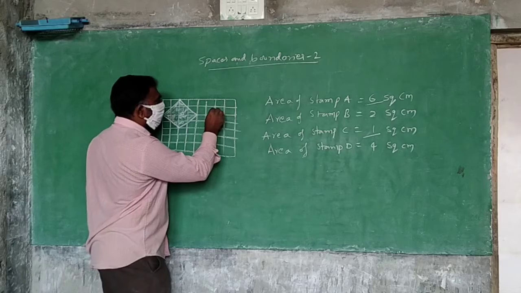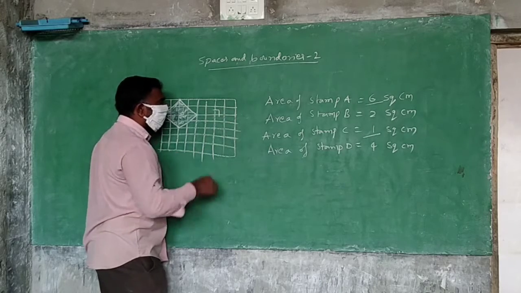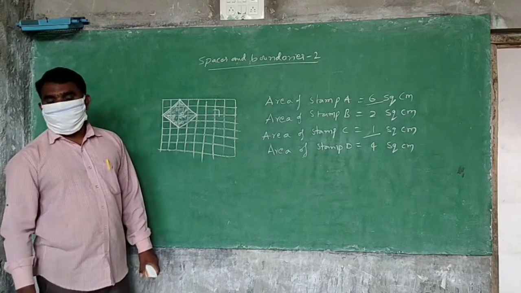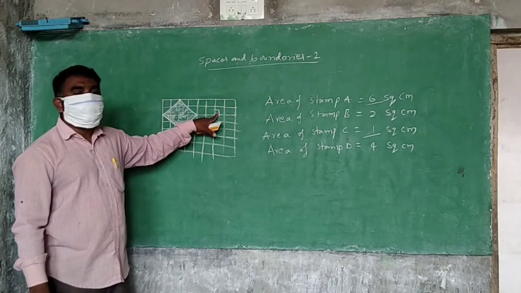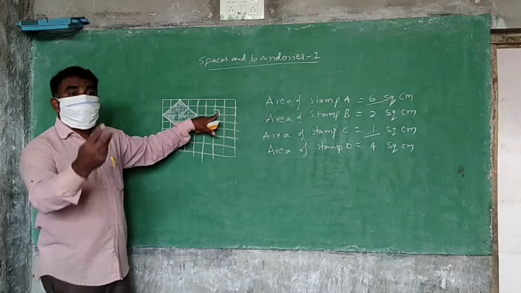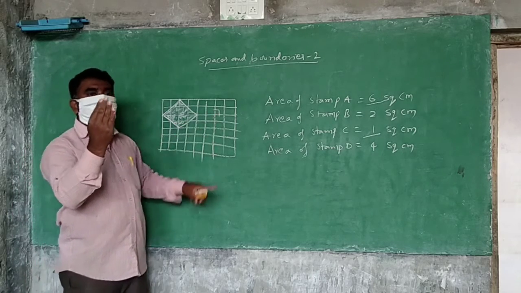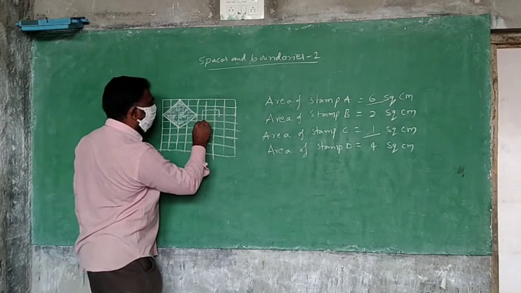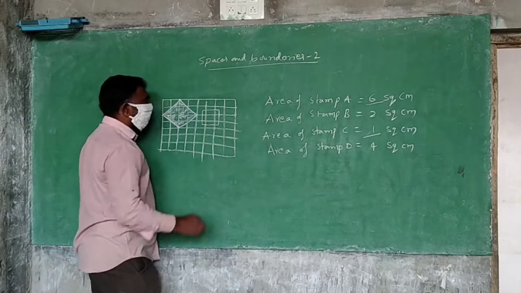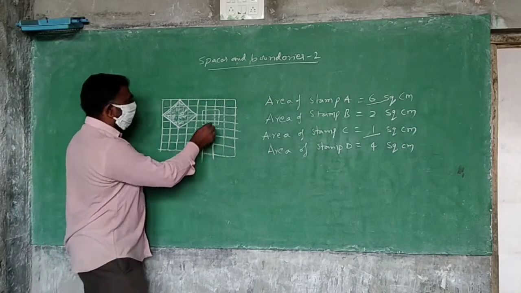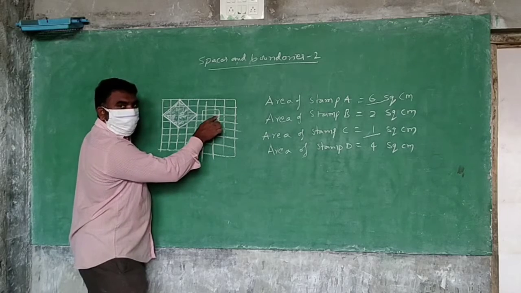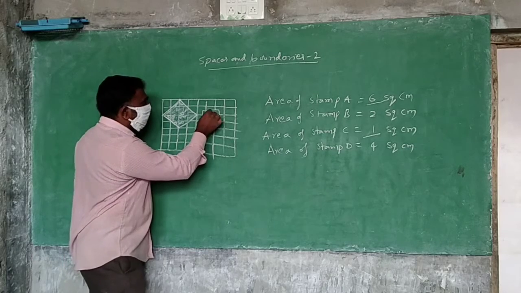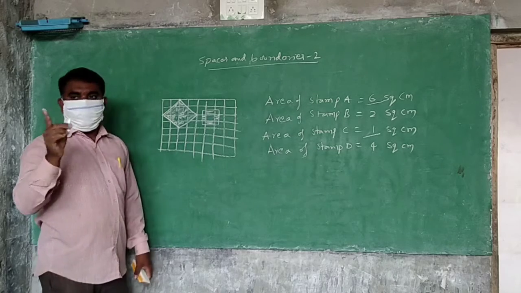Okay, you see this one, how much? Half. Quarter we will say. In half again it is half. Like that, sometimes if you see, how much is it? Quarter. 4 quarters will become 1. How many quarters will become 1? 4. So you see like this. This is what? Half. This is also half. 2 halves will become 1. And here half is there, here half is there. 2 halves will become 1.